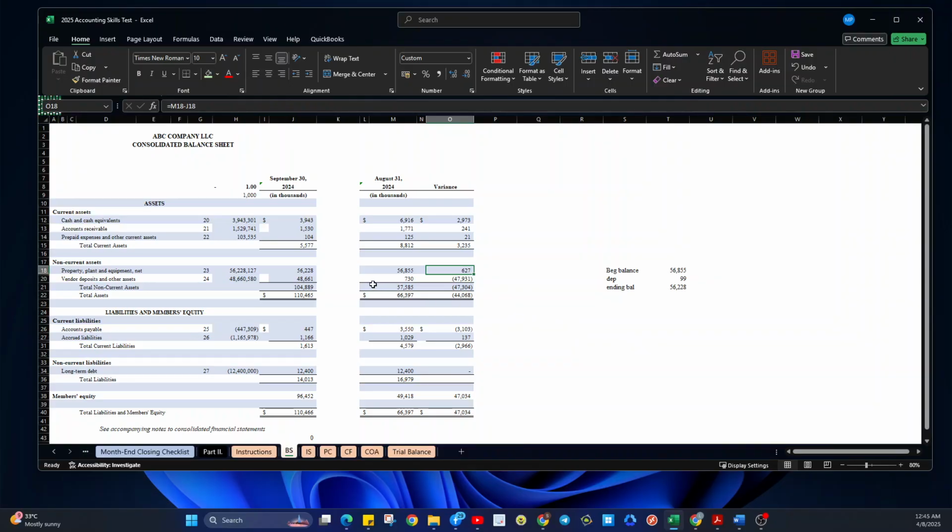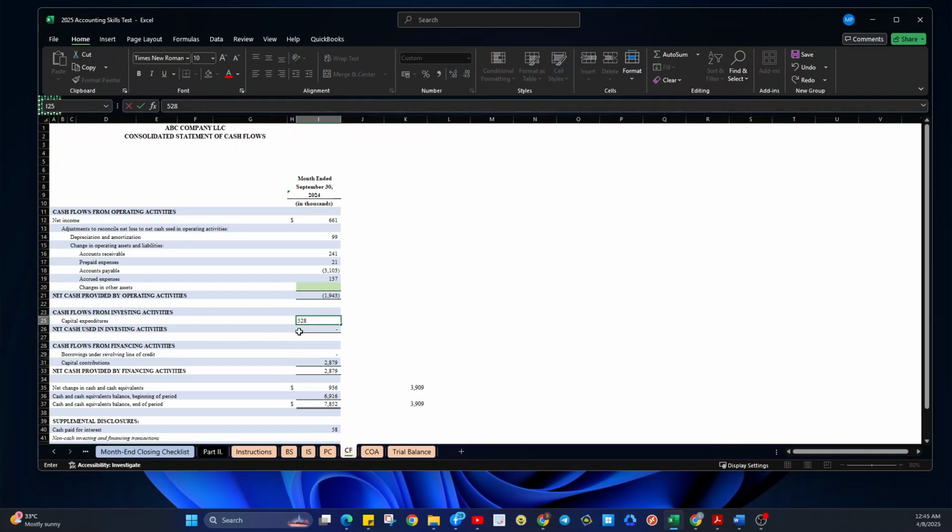So that means there is a reduction, then dispositions or disposals, and then they call that, the other is in the other asset.